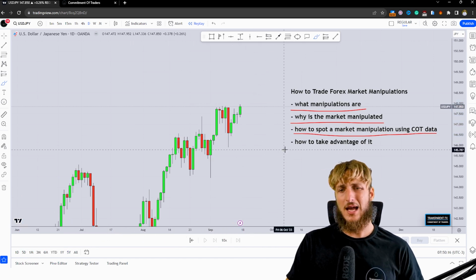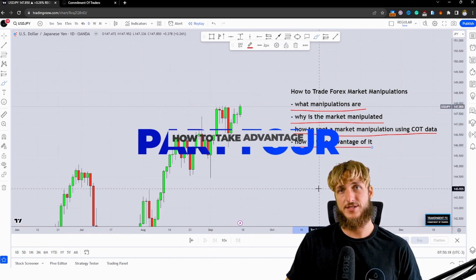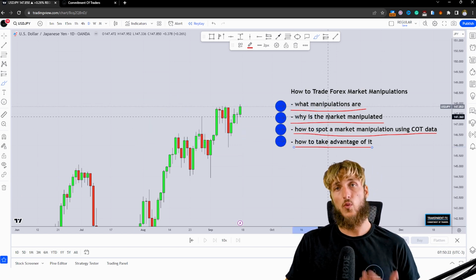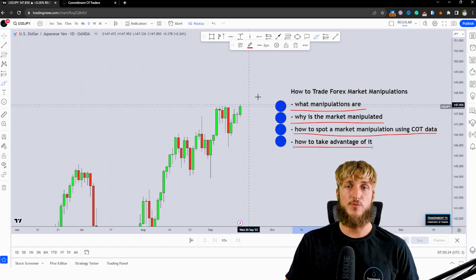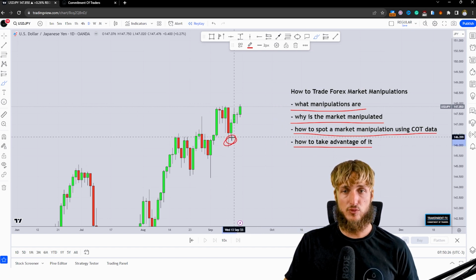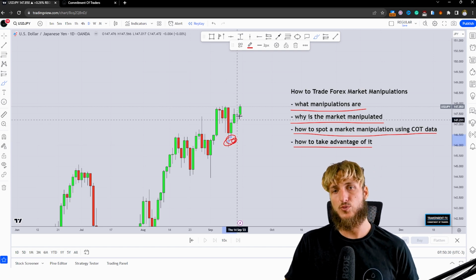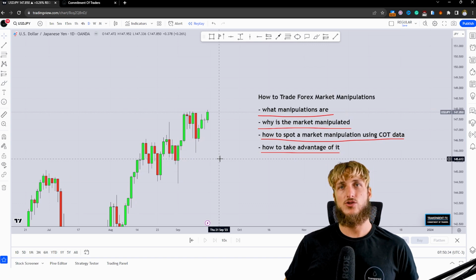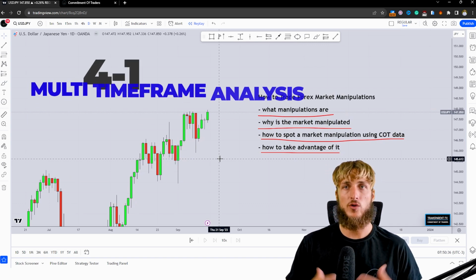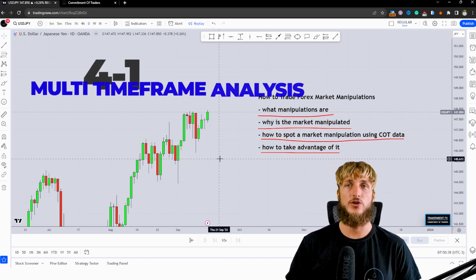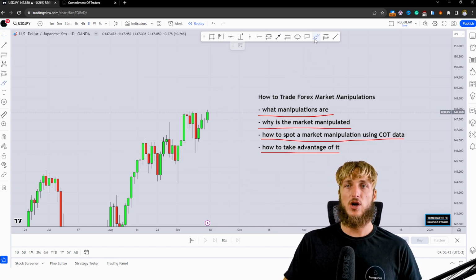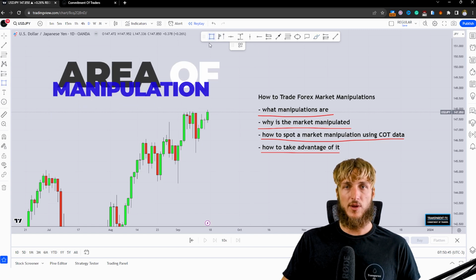Now, how could we take advantage of a situation like this, right? Because we covered what manipulations are, why the market is manipulated, and how to spot when the market is in a manipulation and that it is actually a manipulation. But the real question is how you could potentially take advantage of this. Well, as usual, my suggestion is to always rely more on multi-time frame analysis and not just look at one specific time frame. The reason I say this is because if you are inside of a manipulation area